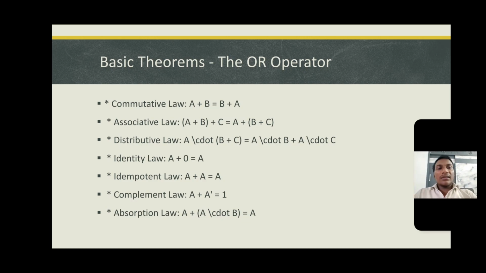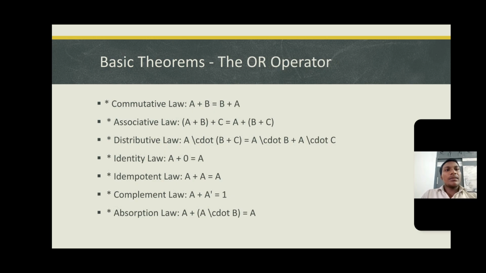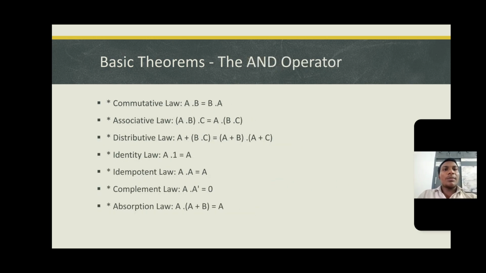Now we can see the basic theorems and the operators. We have so many laws: associative law, distributive law, identity law, idempotent law, commutative law, and absorption law. This Boolean algebra is very important for our coming exams. It is asked a number of times, so it is very important. We have so many basic theorems: commutative law, associative law, distributive law, and